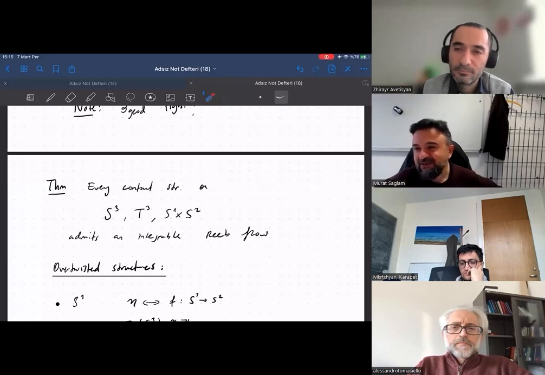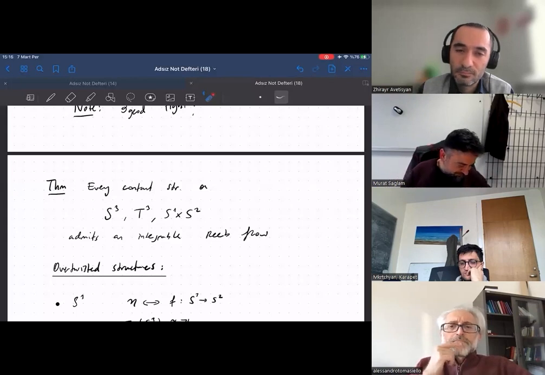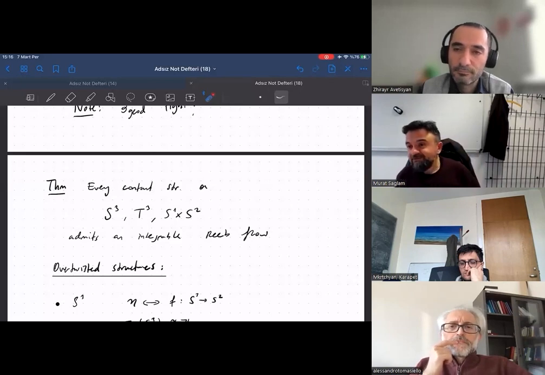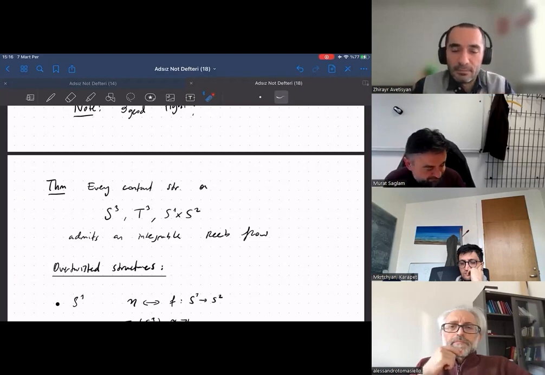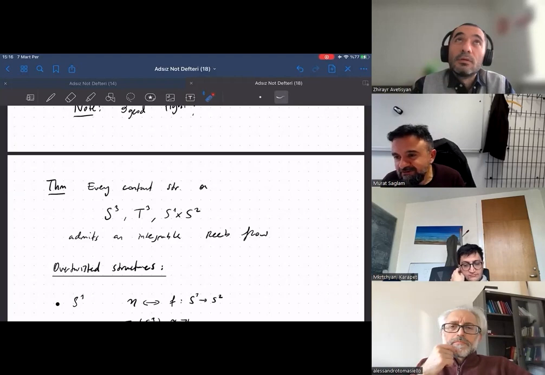Some big machinery was invented for the proof of this, and in higher dimensions it's still open. Even knowing the existence of a closed orbit is a big issue. For instance, if you have this Reeb flow, and for some reason you have a Riemannian metric on your manifold such that the Reeb flow is a flow by isometries, a Killing field,